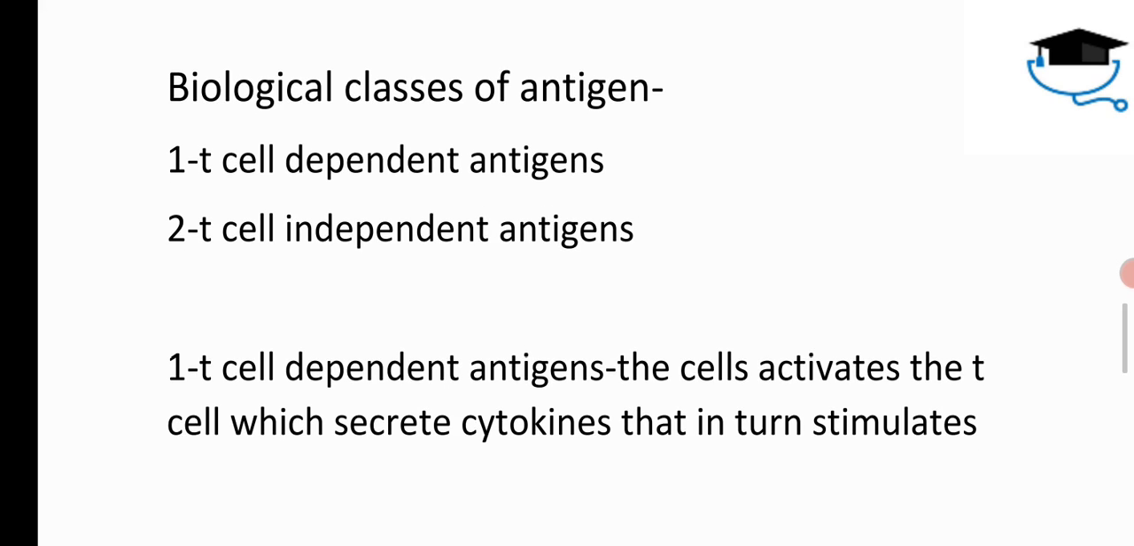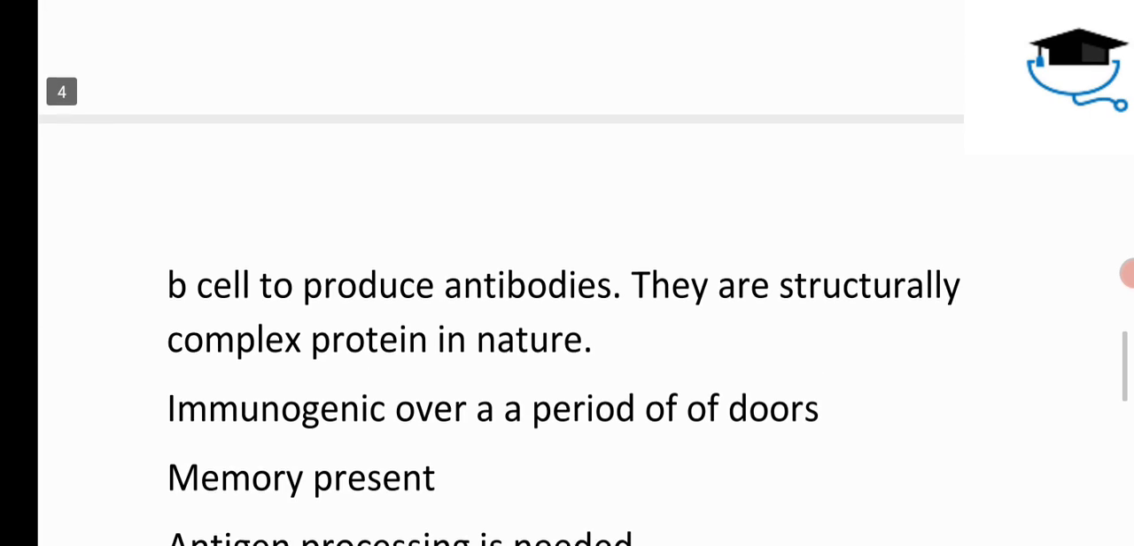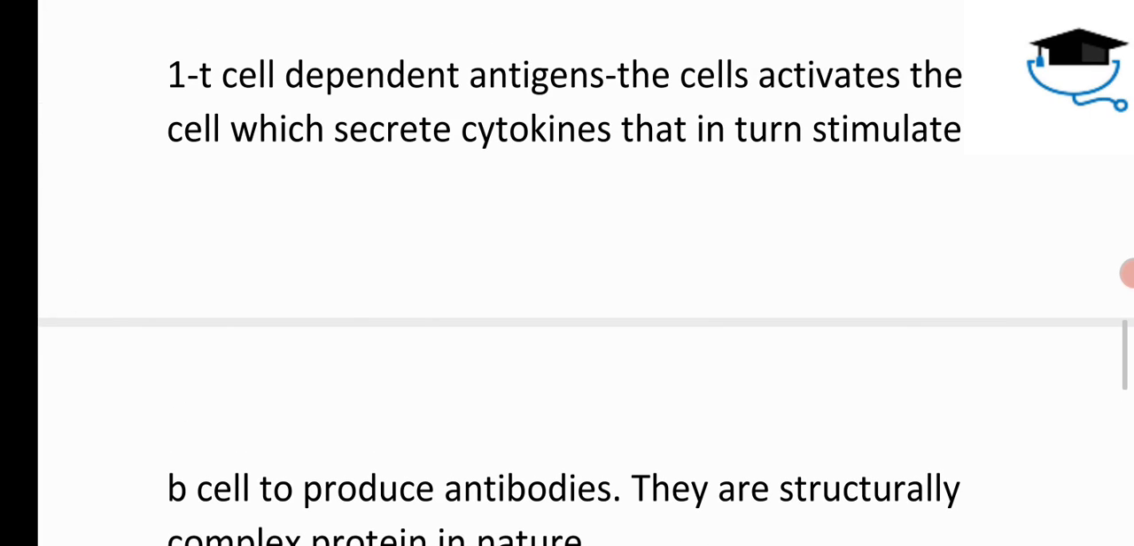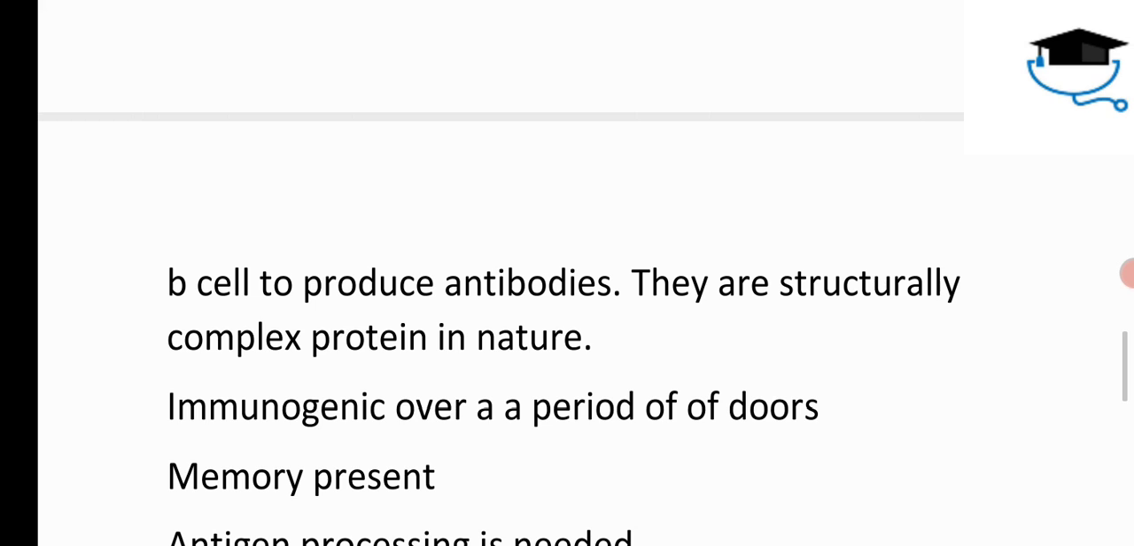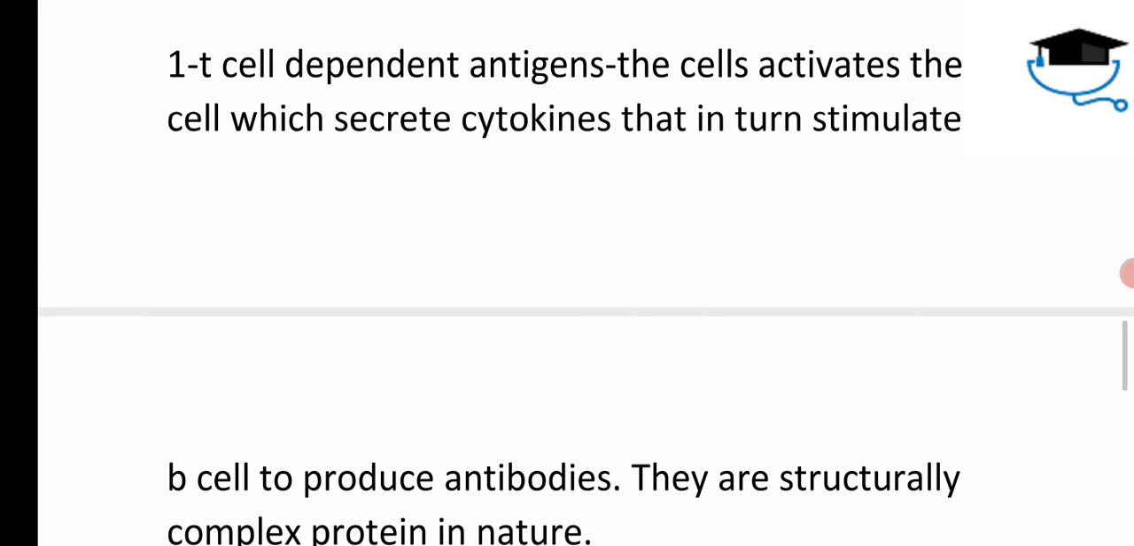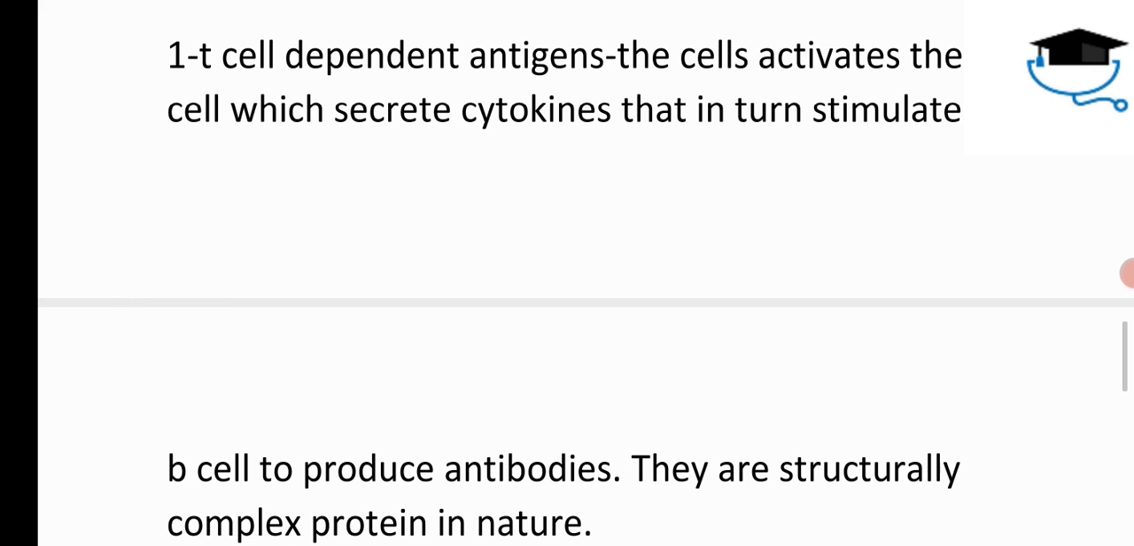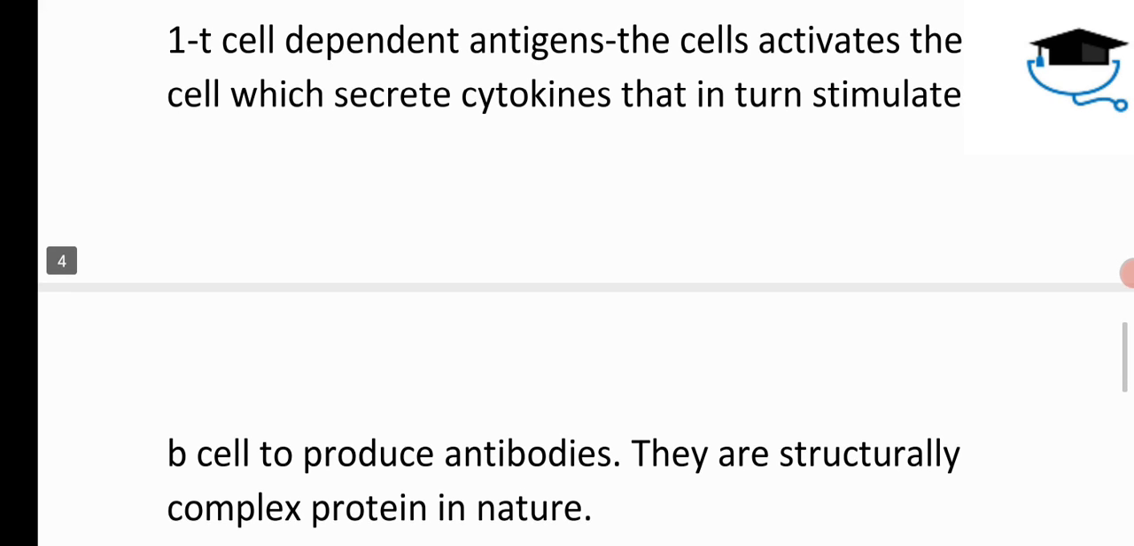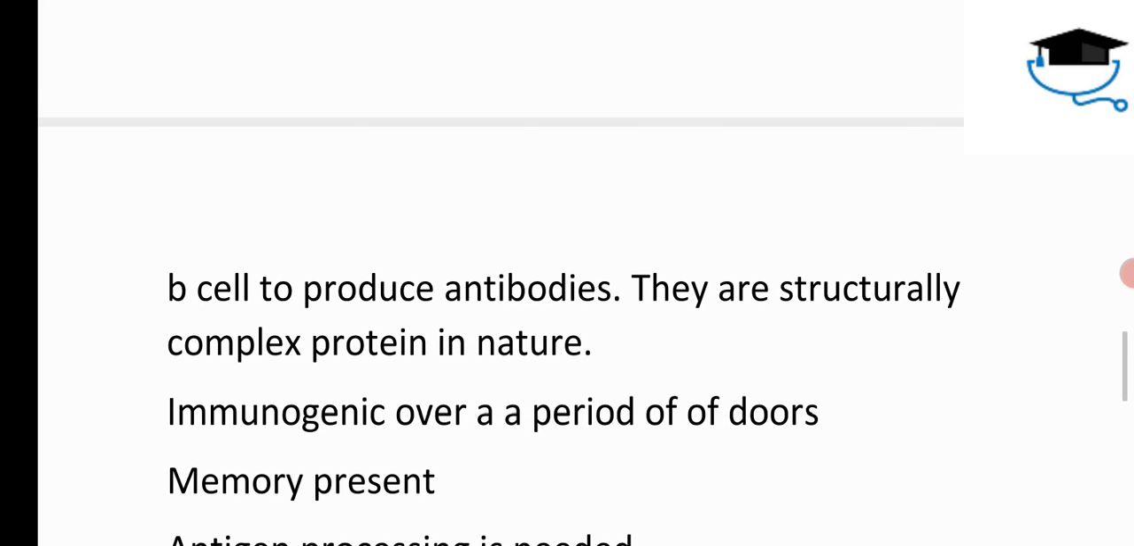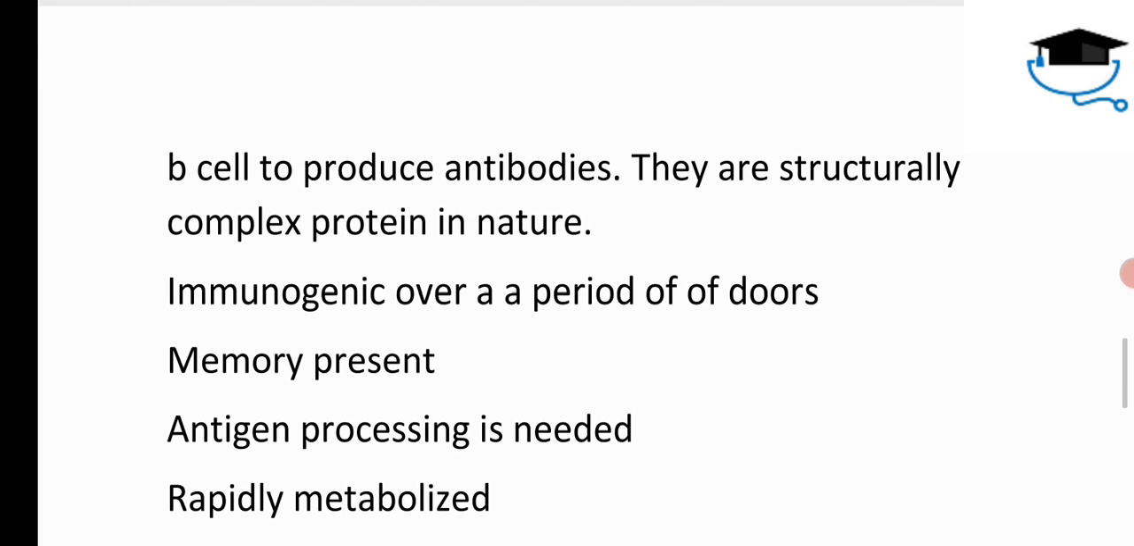So, biological classification of the antigen can be divided into two parts: the T cell dependent antigens and the T cell independent antigens. So let's discuss T cell dependent antigens first. T cell dependent antigens activate the T cell which secretes cytokines that in turn stimulate the B cell to produce the antibodies. As you all know, B cells produce the antibodies. They are structurally complex protein in nature,